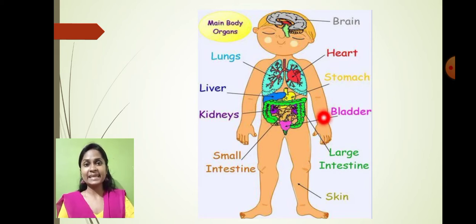And you can see the bladder. It is called what? Urinary bladder, which forms the urine and disposes of the urine. Again, you can see the small intestine and large intestine, which are present for the process of what? Digestion. Lungs are there for the process of respiration. And one more important organ is the skin, which is present all over the body. So all are different parts of the internal organs which are not visible from outside. They are inside, but they are equally important for survival.